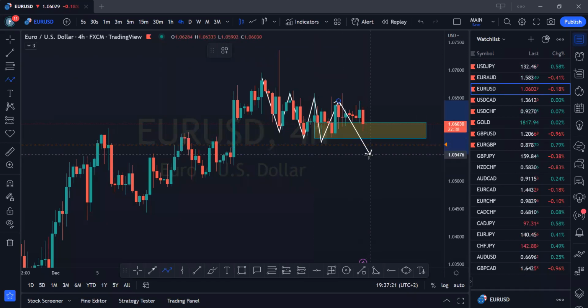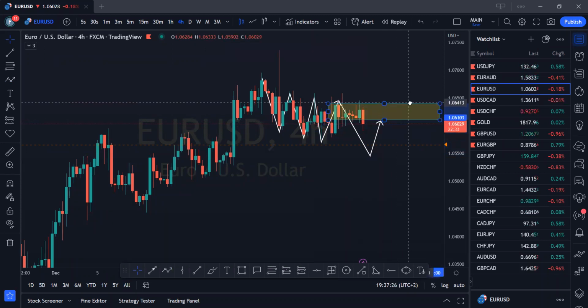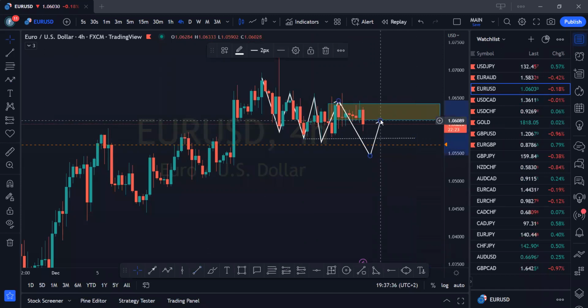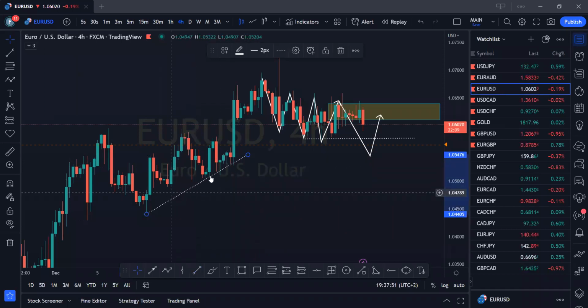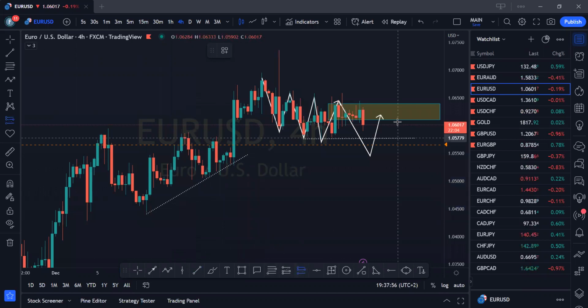Once that happens, wait for the retracement into this supply. And then that will be a good place for you to sell. And then when we are selling from here, right, the ideal place that you like to exit will be somewhere around here. So price should still come back down and take out this trend and liquidity here. So at least somewhere here will be a good zone to exit. So if you are shorting from here,